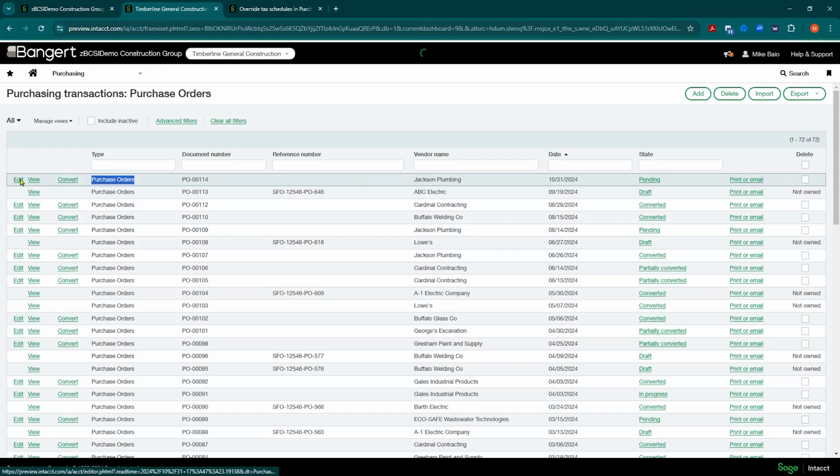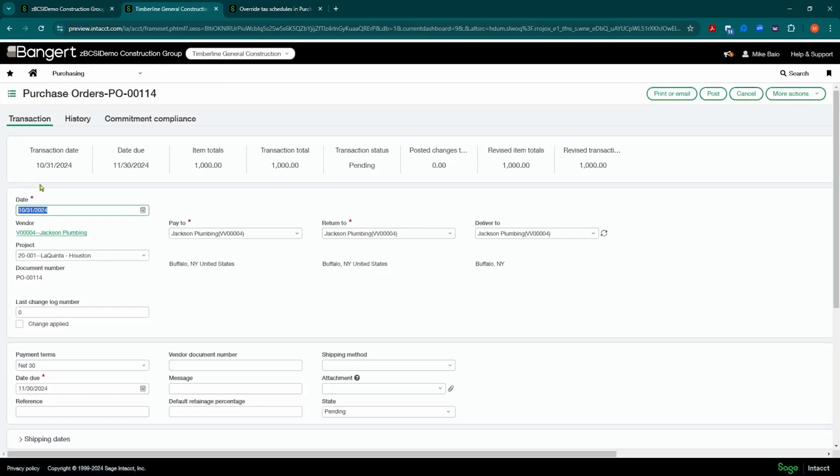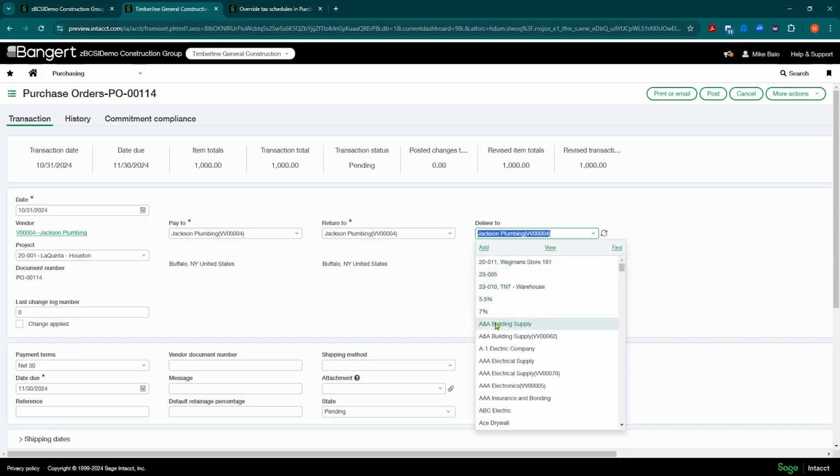And if we take a look at it, basically when the user fills out the purchase order, we're going to put in the vendor, we're going to put in the project, not necessarily knowing where the tax is supposed to go yet at this point. So it will pre-fill in a delivered to contact. And in the past, you really had to get this delivered to correct right then and there. So if it was a different tax setup, you could establish multiple contacts here, and you could have a particular contact set up for exempt or for a job. You'd have to have a specific deliver to, and you still can with this feature.